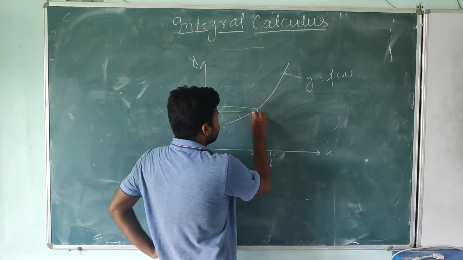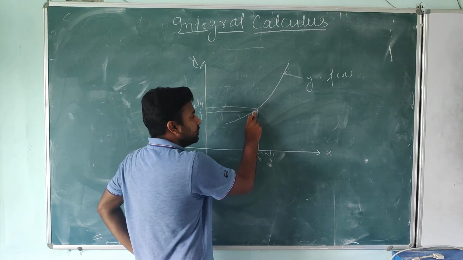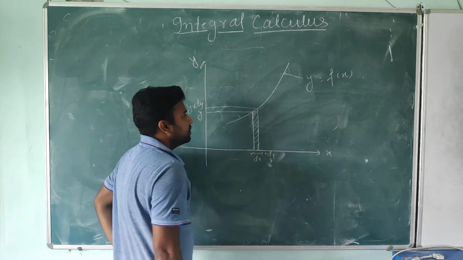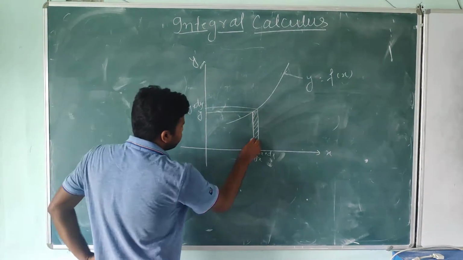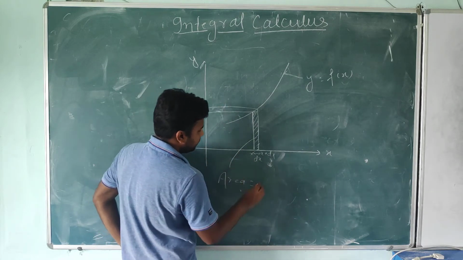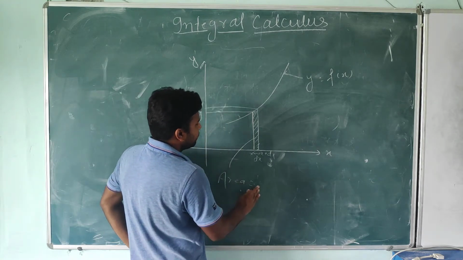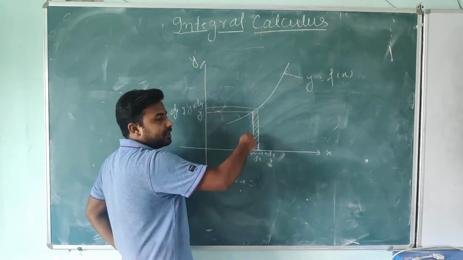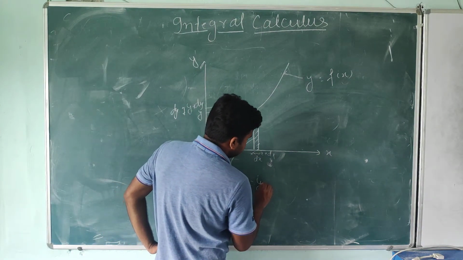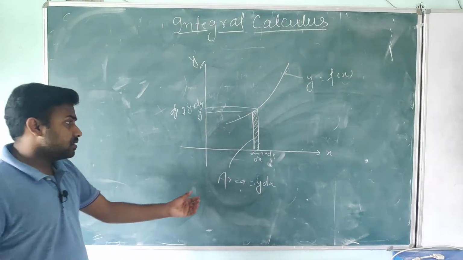Now if you want to find the area, look at this. If this gap is very small, then you will not notice this small gap. So if you are finding this area, how can you find it? We all know the area of this. The width is dx. So how will you find the area? First I am writing the height and into width. Height is y plus dy into dx. So look at this, this one is the area.